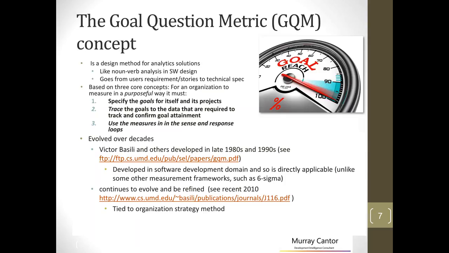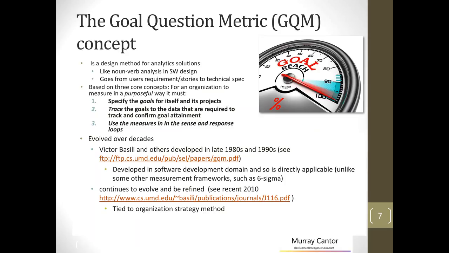So if the goal is to become a more timely, responsive organization, suppose you're in a DevOps situation, and the problem you have is that the time from problem identification to problem resolution is just too long, and you want to become more responsive, that's a goal. Or the goal might be, I want to be able to deliver more innovative things in a more reliable, more predictable manner. That's a goal. Then once you have a goal, you set up the question: